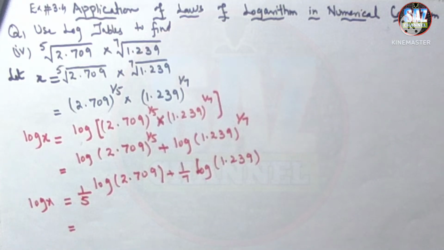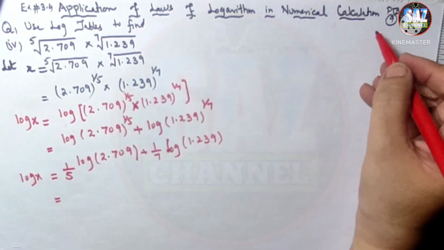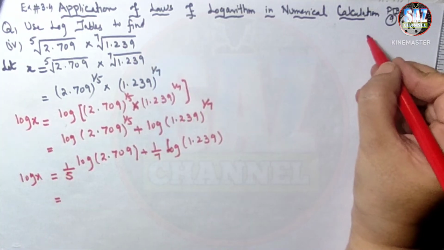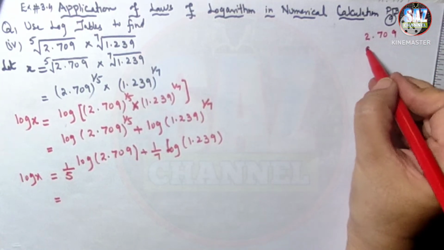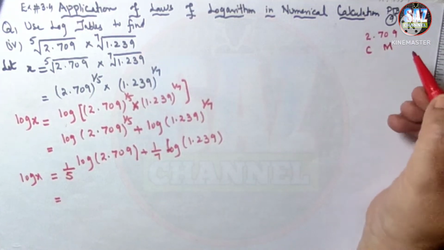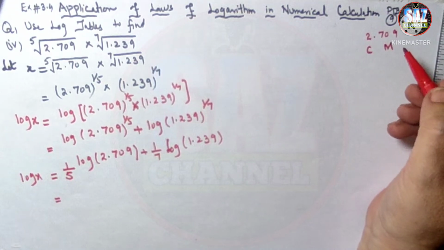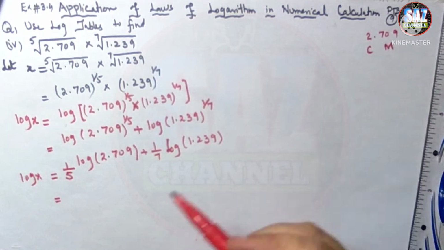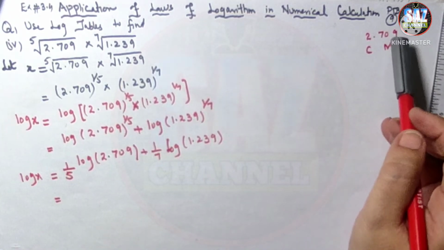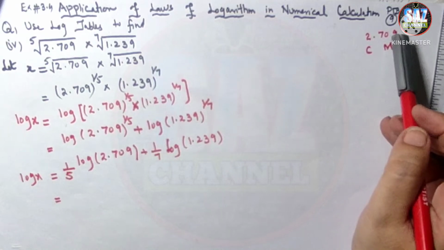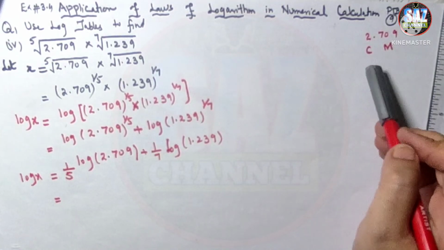And now it's time to think about how to take the log of all these numbers. We know that log of any number consists of how many parts? The first problem is 2.709. Log of any number consists of characteristic and mantissa. For the characteristic, we have to see how many digits are in the integral part. This number is greater than 1. So the characteristic of this number is